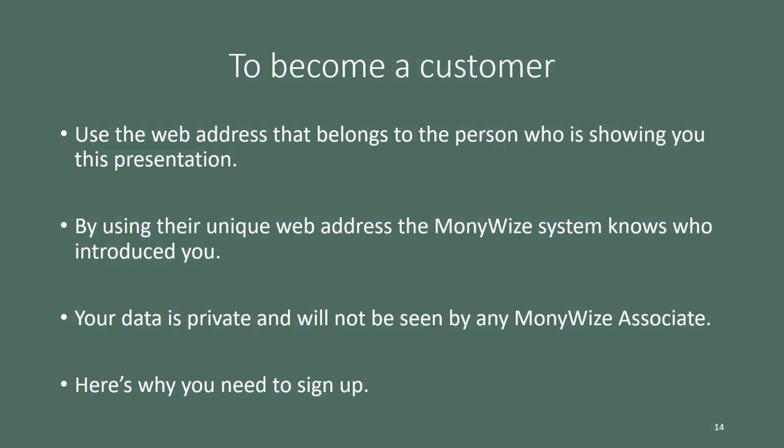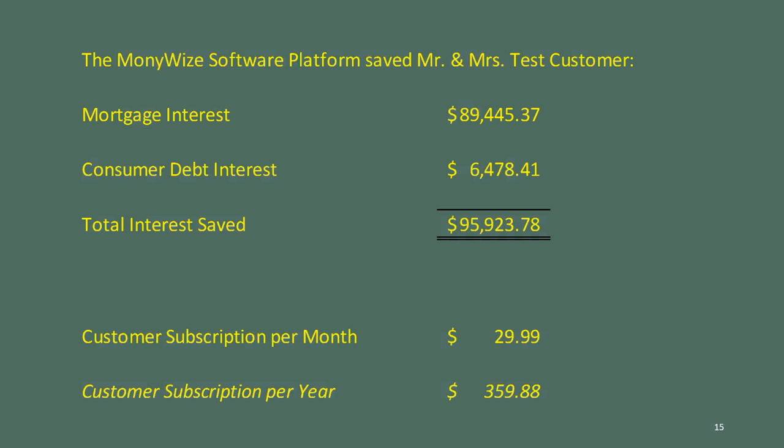And so, ladies and gentlemen, let me explain to you why I think you should sign up. If you think that Mr. and Mrs. Test Customer were average, and I think that they are not extraordinary, we can see that they saved $89,445 in mortgage interest by paying off that mortgage in 16 years instead of 30. We can see that they saved $6,478 in consumer debt interest because they paid it off in 2 years instead of 5 years. And so the total amount of interest that they saved was